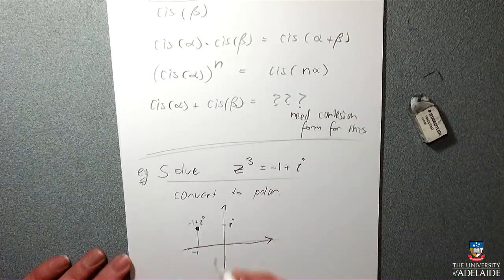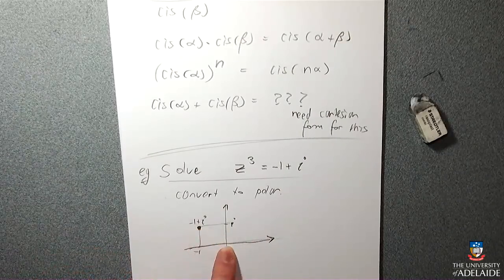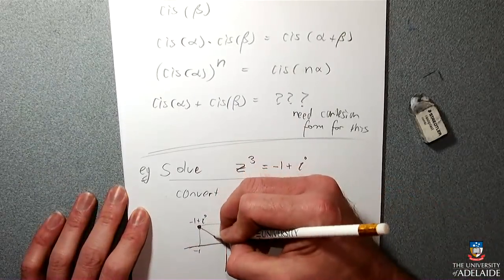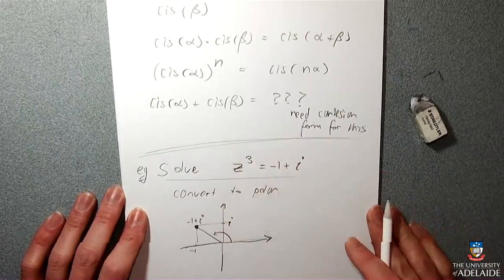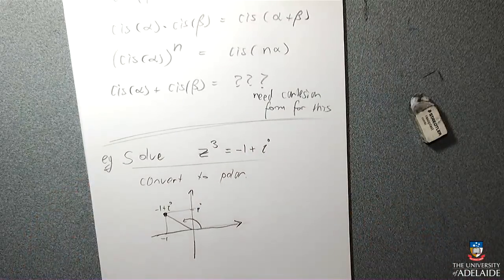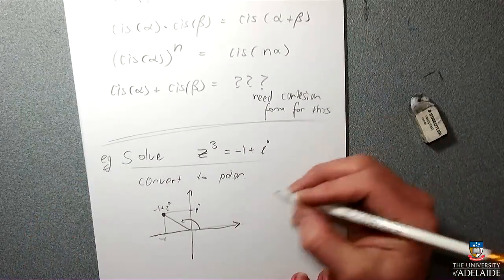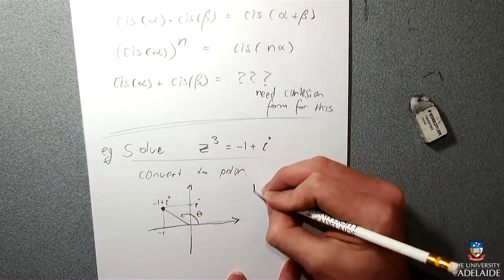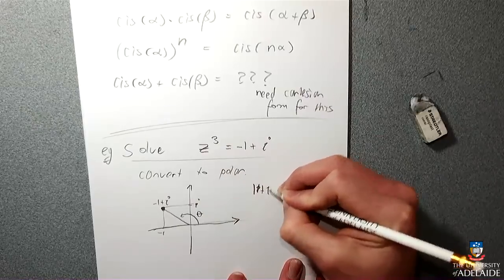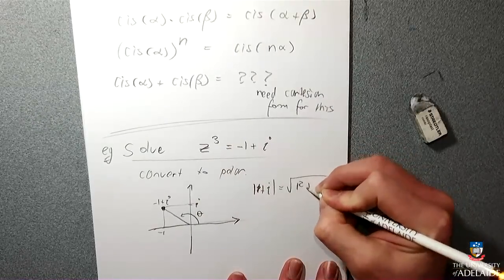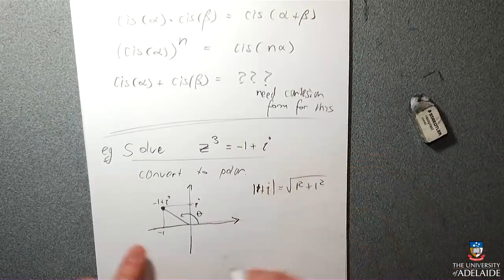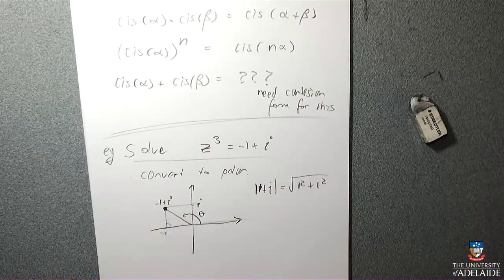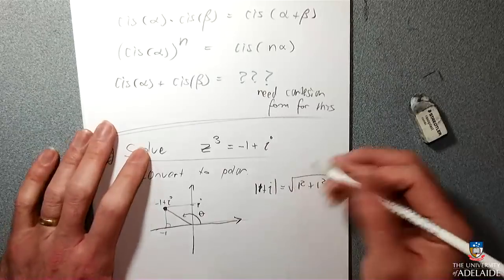I would need to convert to polar. I'm going to need to know how far from the centre it is, and I'm going to need to know what this angle here is. So the length of 1 plus i is the square root of 1 squared plus 1 squared. So that's these literal distances, 1 there, and then I do the square root of that in this little triangle, and that produces the answer I want. And so that is root 2.